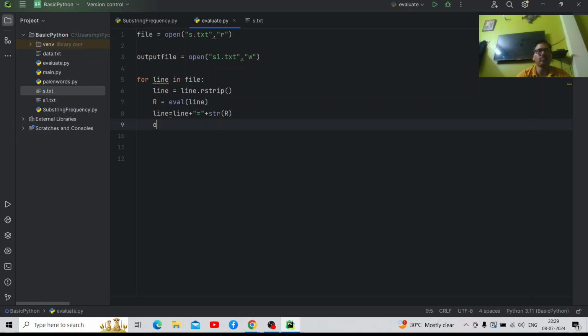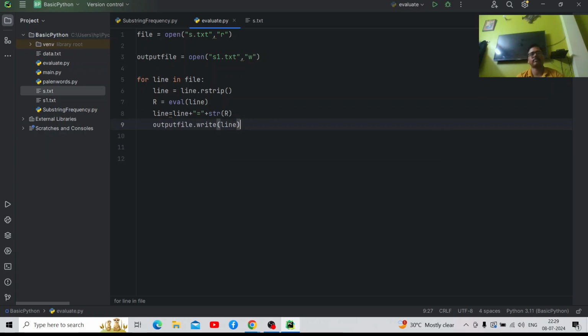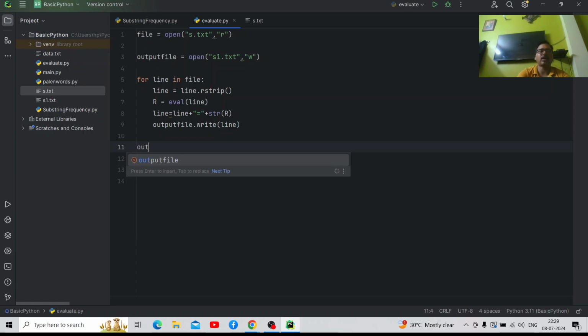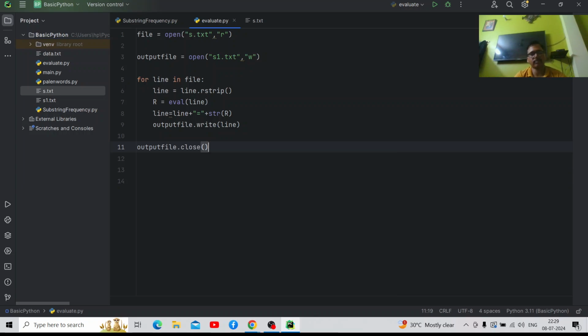Now what you will do: out file dot write, what to write, line, and after we have done this, out file dot close. So when we run this program, the raw input data of s.txt will be processed और s1.txt एक नई फाइल क्रिएट होगी.